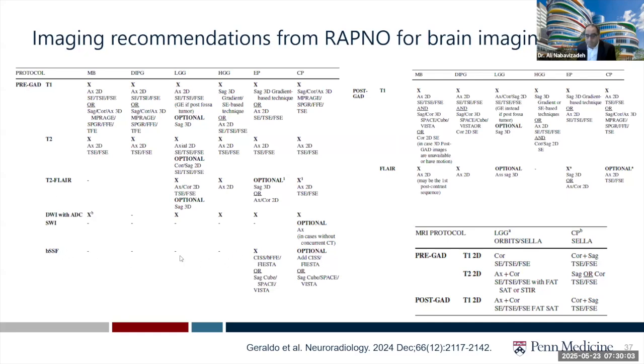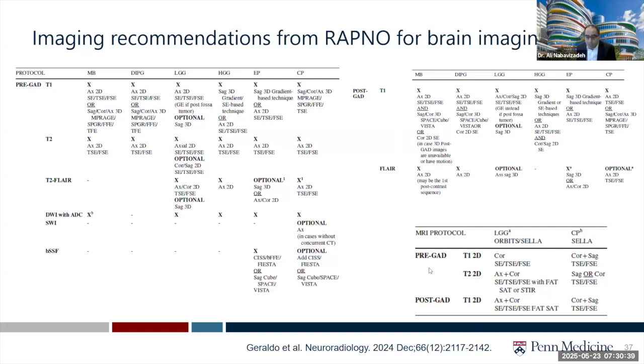For example, for ependymoma and craniopharyngioma, in addition to the routine sequences, the RAPNO group recommended Fiesta or cyst sequences to better assess the cysts in craniopharyngioma and also to better assess the tumor deposits in the posterior fossa and ependymoma. So again, if you want to do imaging per RAPNO criteria in any of the tumors, I would recommend you refer to the specific paper and look at the guideline, what sequences are required and